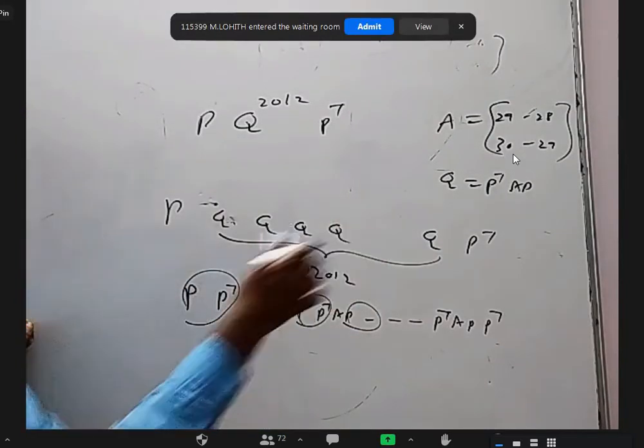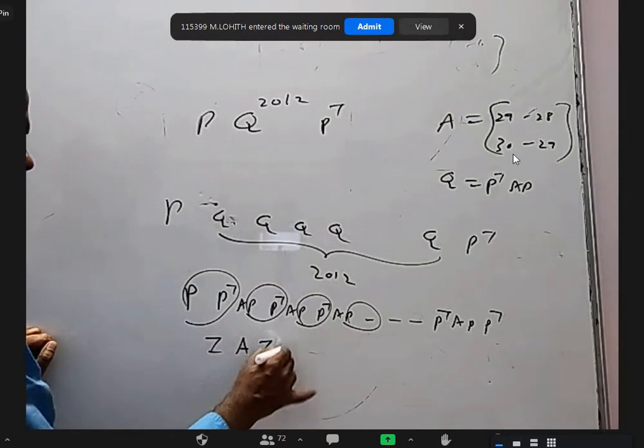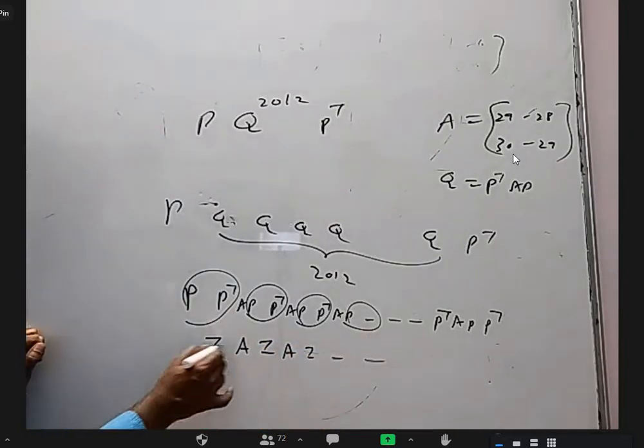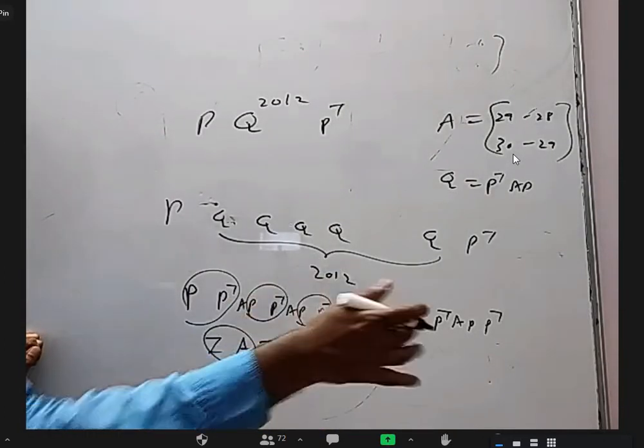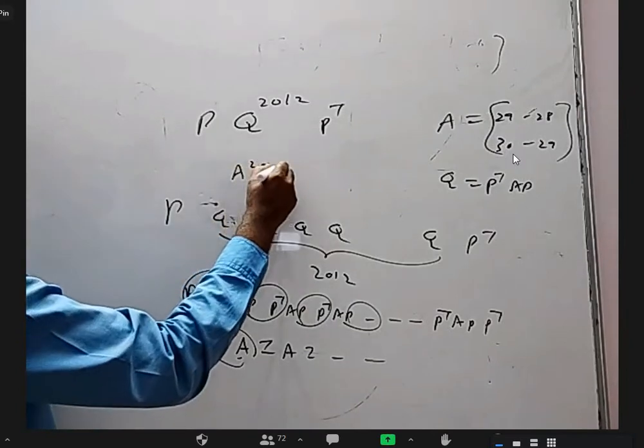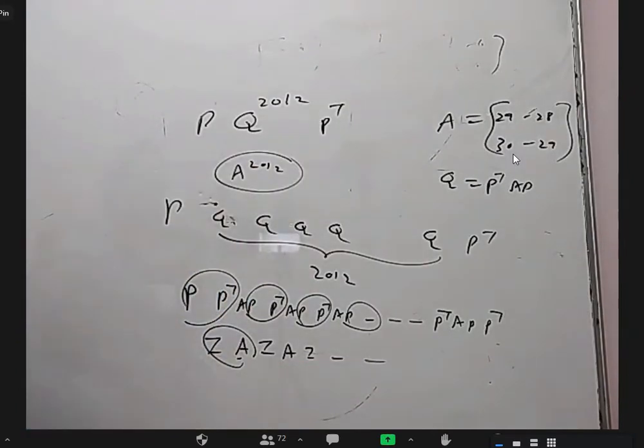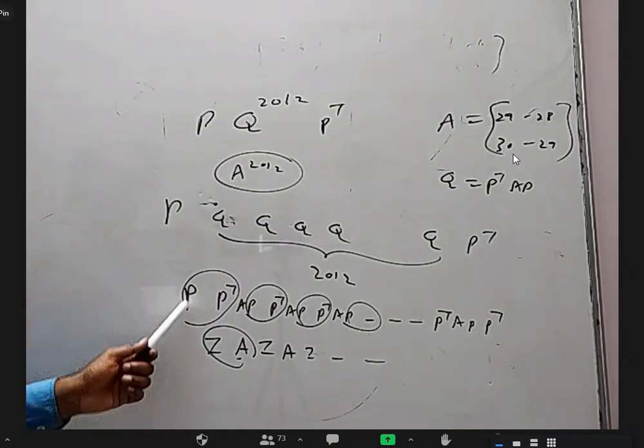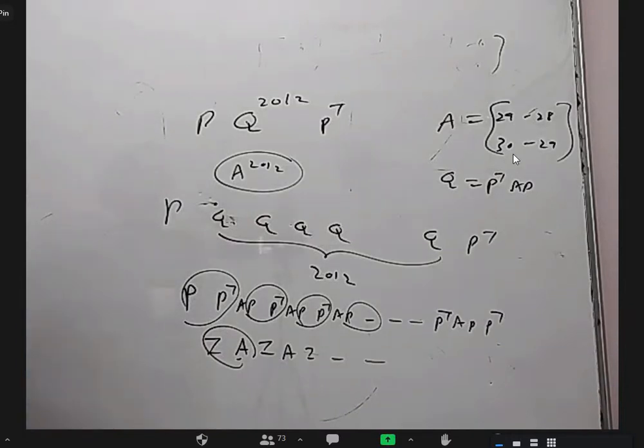So you get a lot of identity matrices. Identity matrix A, again identity matrix A, so on. Identity matrix into A is A only. You will get A into A into A. Finally, you will get A power 2012. All the I's are gone. How is this equal to A power 2012? Is that clear? P into P transpose is identity matrix, given indirectly because I said P is orthogonal.